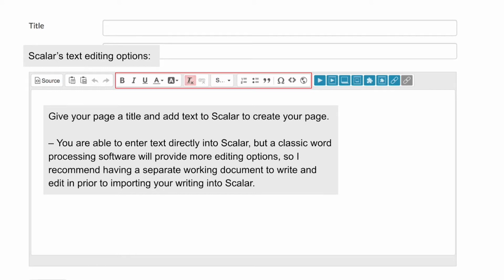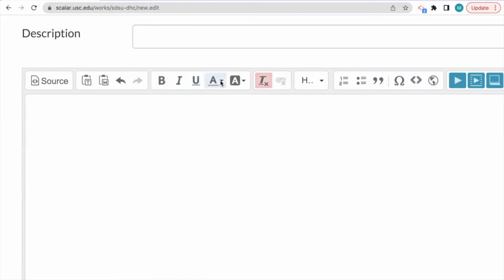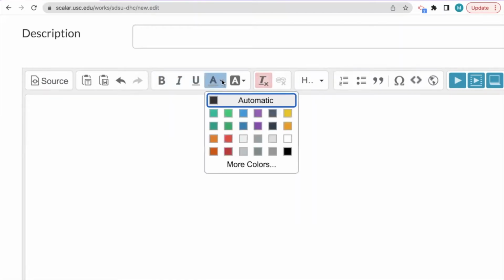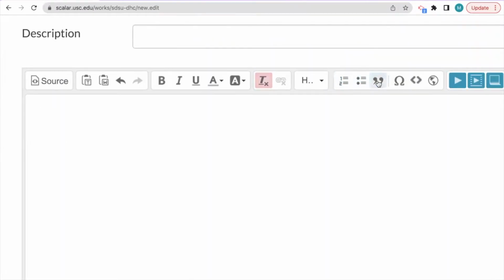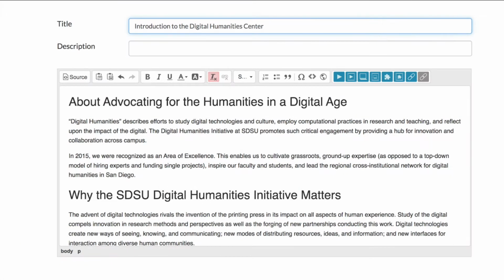Scalar offers some basic text editing functionalities like italics, bold, adjusting size, etc. But I would still recommend having that separate document for your writing and editing before proceeding with assembling your Scalar book. For my sample page here, I have the title, Introduction to the Digital Humanities Center, and have pasted text